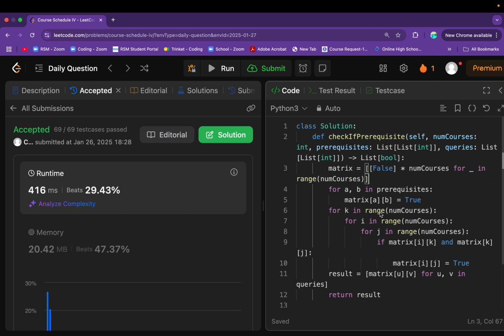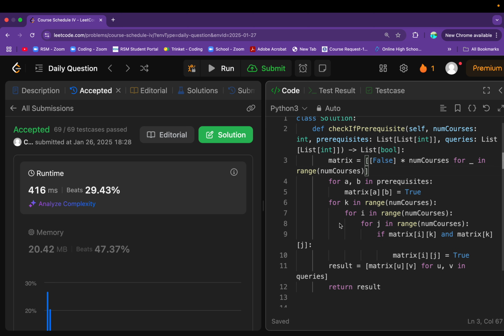And then we're actually using the Floyd-Warshall algorithm to compute the reachability between all the pairs of courses. First, we populate the matrix with the direct prerequisites only from the prerequisites input array, and then we apply the Floyd-Warshall to get all the indirect prerequisites and compute the reachability between all those indirect pairs of courses. And effectively, we then initialize the result for every single course U and V in the input array queries,